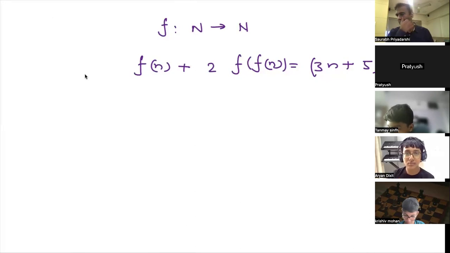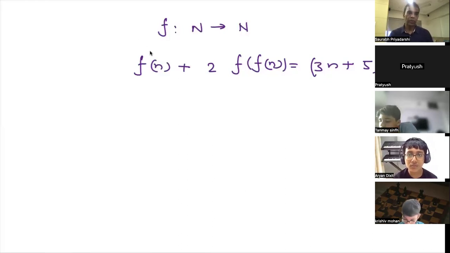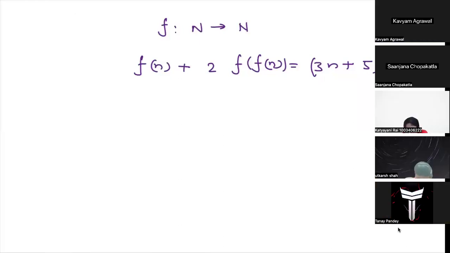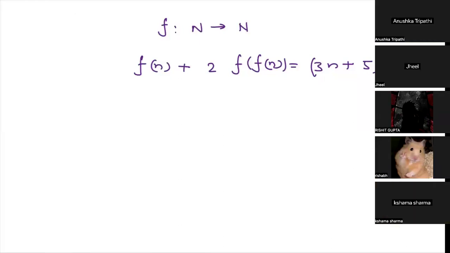The most important part now, this is given for n to n. So the first hint is you have to think in a way like we can use the numbers in this, right? We can use the values in this